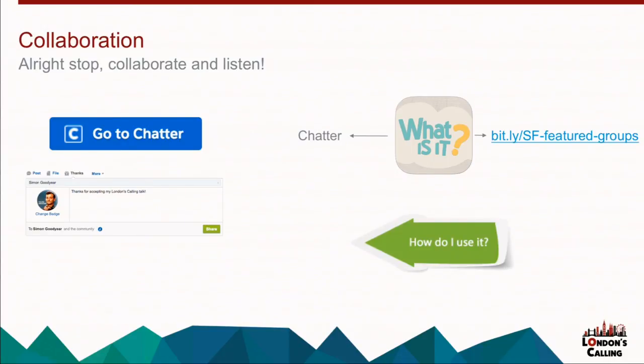Once you join groups, there are a few things to be aware of in terms of how collaboration works and certainly how it differs from Answers. One is that this is freeform. This tends to be more discussion-based. Answers is, I have a specific need, I would like a specific answer. Collaboration is much more along the lines of, what do you think about this? What are the best practices here? It tends to be more open-ended discussions that, as the name suggests, really invite collaboration rather than a closed, okay, it's solved now, thanks very much.